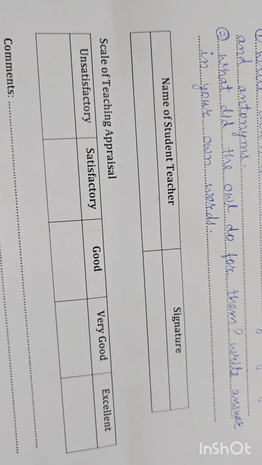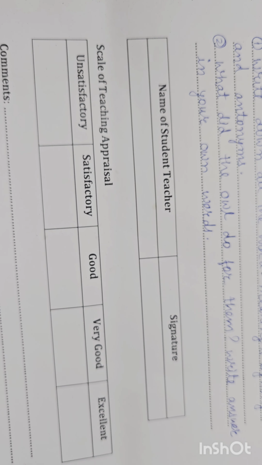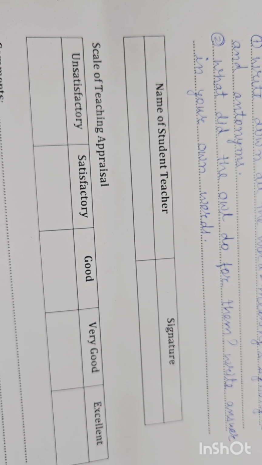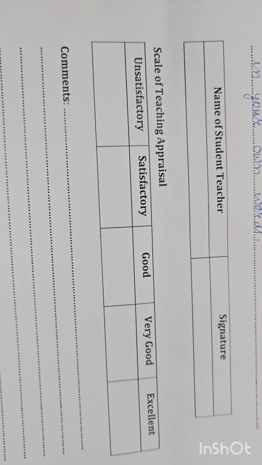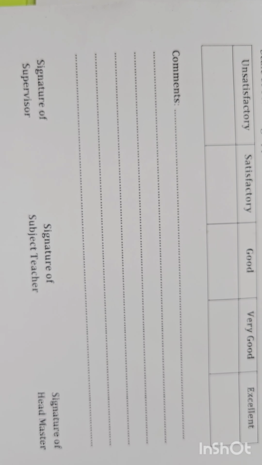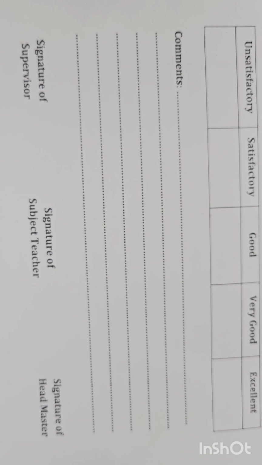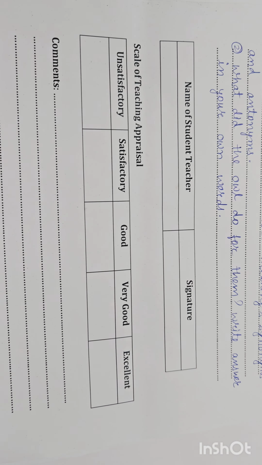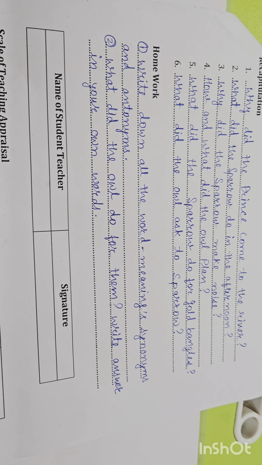And now नेम ऑफ द स्टूडेंट्स में आपने अपना नाम लिखना है, प्रॉपर अपना नाम लिखना है. कोशिश कीजिए ब्लॉक लेटर में अपने नाम को लिखने का, सिग्नेचर में आप सिग्नेचर कीजिए. Scales of teaching appraisal. This is not for you. This will be done by the supervisor, by the peer group. Comments will be given by the supervisor or by the peer group. Here you have seen signature of supervisor, signature of subject teacher, signature of हेडमास्टर. यहाँ इन सब कॉलम में आपको कुछ नहीं करना है. स्टूडेंट टीचर एक्टिविटी एंडेड विद द नेम ऑफ द स्टूडेंट टीचर विच विल बी इन द ब्लॉक लेटर्स एंड signature